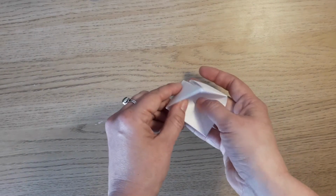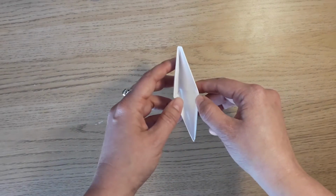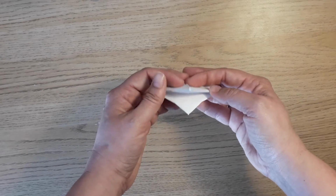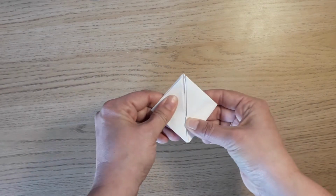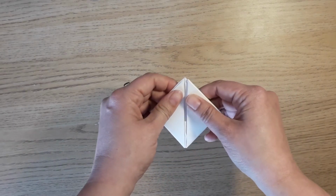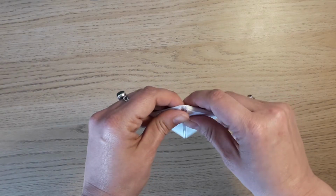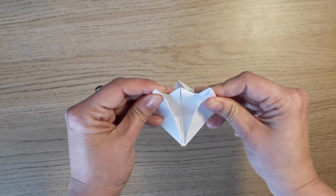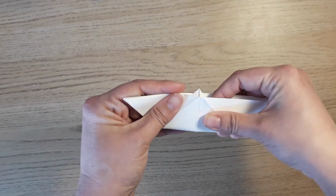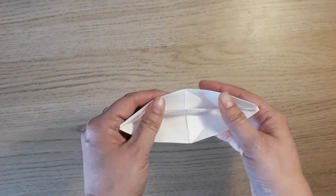I'll show you this move again because it's kind of the tricky one. You have it down like this. You flip it over, you open it up, and you make a beak that goes quack, quack, quack, and then you push it down, just like that. And now, if we are very lucky, what we'll be able to do is fold it up on its side and take these two corner bits, pull them apart, and we will end up with something that looks